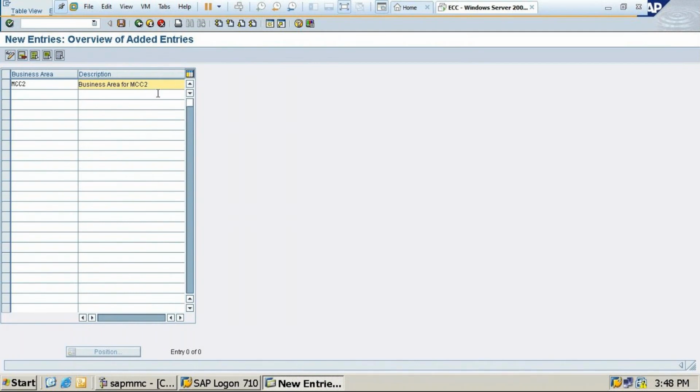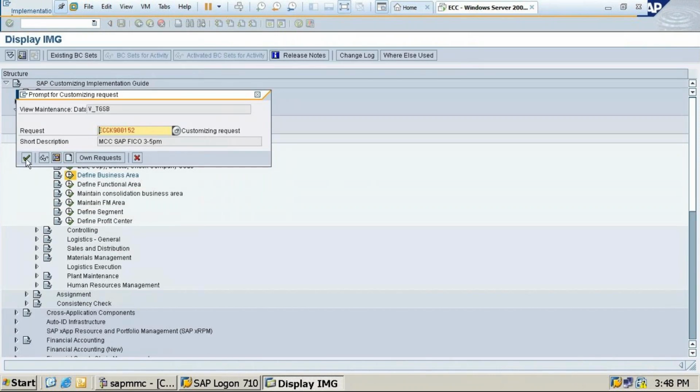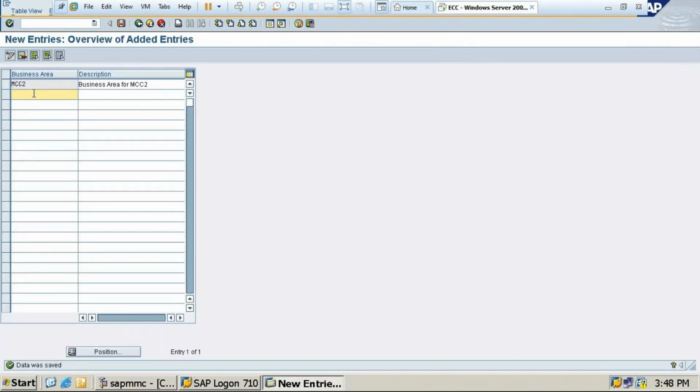We are creating only one business area, so I'll create in this manner itself: business area and description, business area for MCC2. Understood? Then save. Here save. Again it is saved.